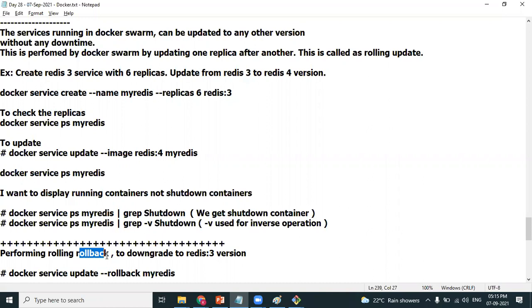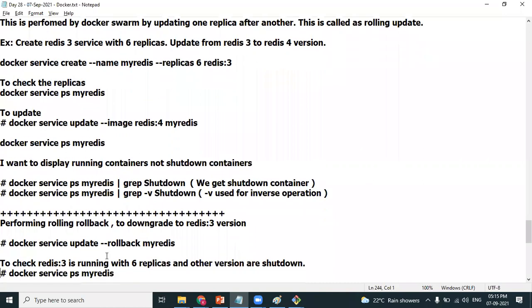This is done using the keyword rollback. Docker service update, the command is the same. To roll back, you don't need to explicitly mention the image. Docker Swarm already maintains the previous versions of the images. When you're performing rollback, you mention the service name which you want to roll back, my Redis. So what happens here is